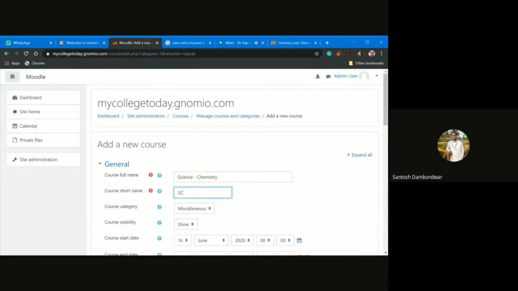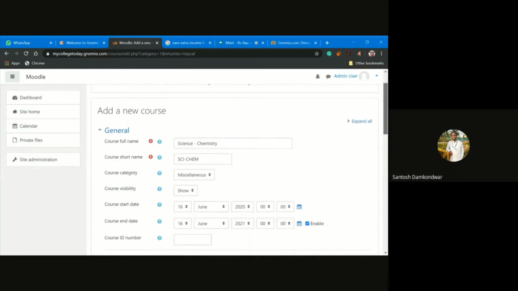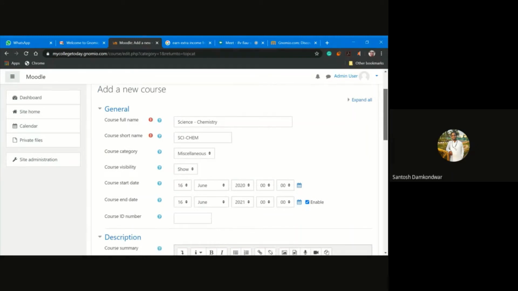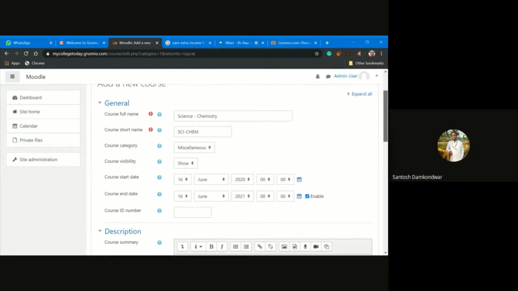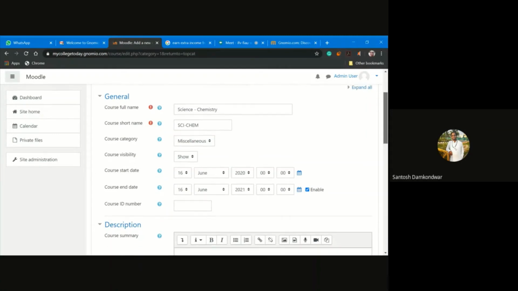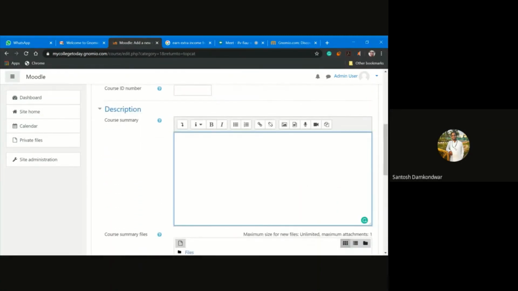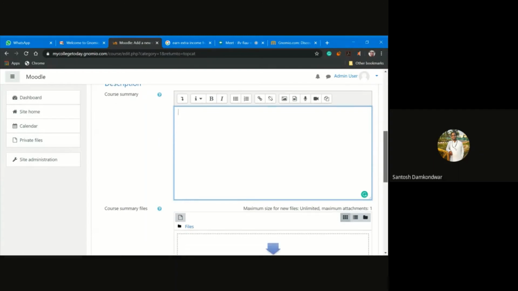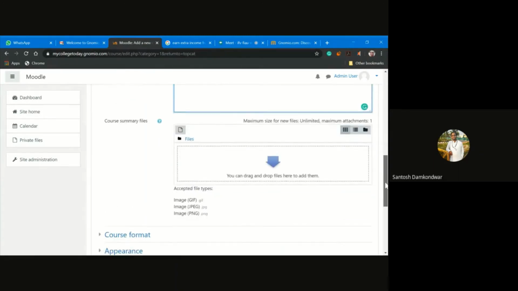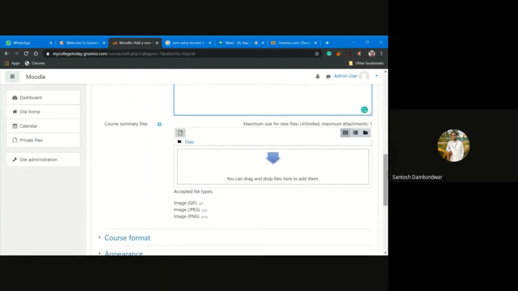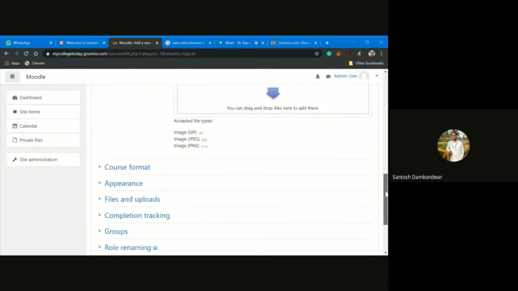I will also make a shortening. This is for my information, or this will be the shortcut which will be shown later on, that I will show in a video in a short. So accordingly, you can make a description. You can add some information over here, whichever you want to highlight on the front page. You can also give the photo, which we will not talk about in detail.